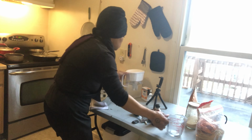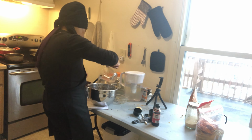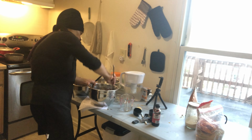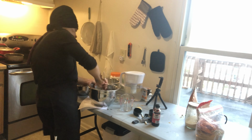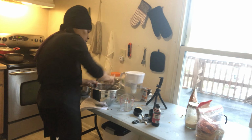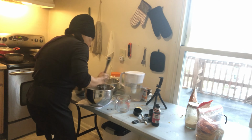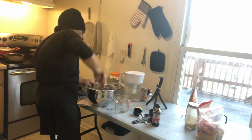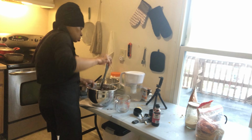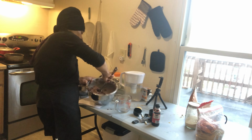This is not working. It's dumb thick. Yeah, a little bit of water in there. It's too thick to mix. See, I bet you if I had baked what I had, it'd come out just fine. You don't need flour. I've got recipes that don't even have flour. This is not turning out the way that I wanted it to. I don't know what the hell this is. This is so thick. And I know they said it was going to be thick, but